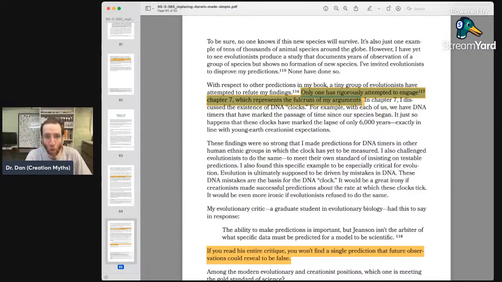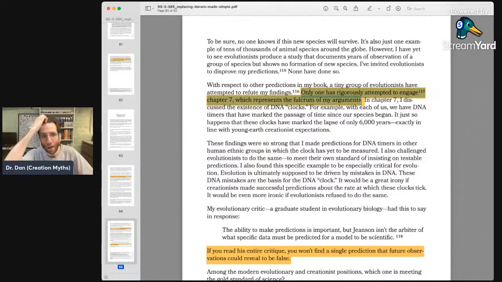Now, EvoGrad put a lot of work into that. His work is actually longer than Jeanson's book. And he went back and he actually did a lot of the work. Like he redid Jeanson's methods and showed that they're invalid, showing that if you do Jeanson's methods with his data sets, you don't get the conclusion that Jeanson claims. He does that and he shows his work and very clearly what happens.